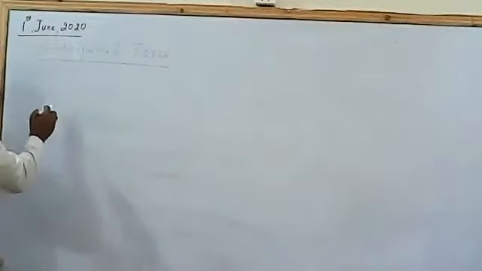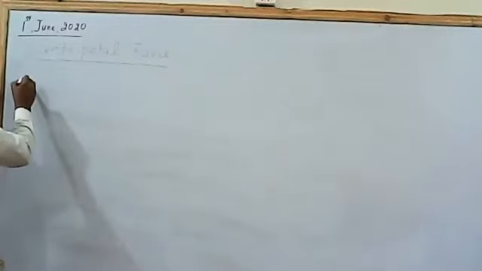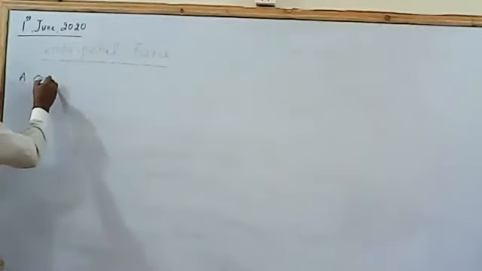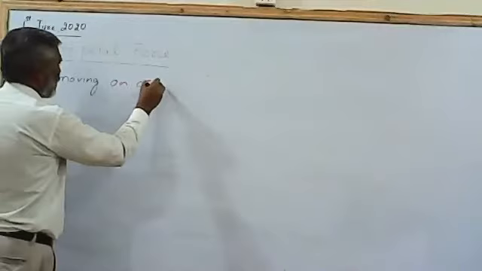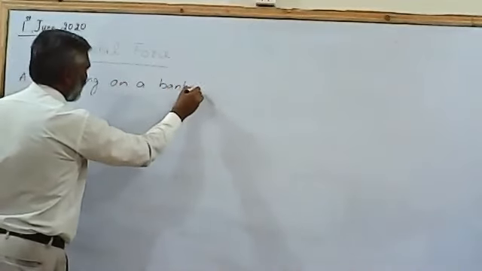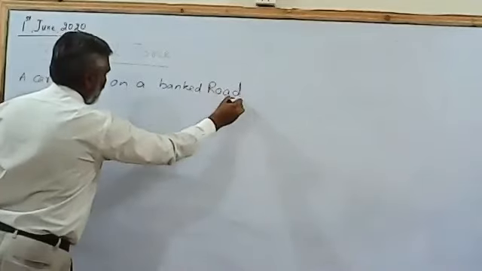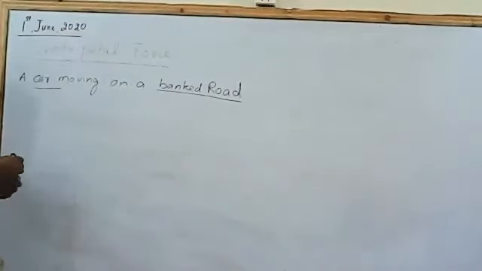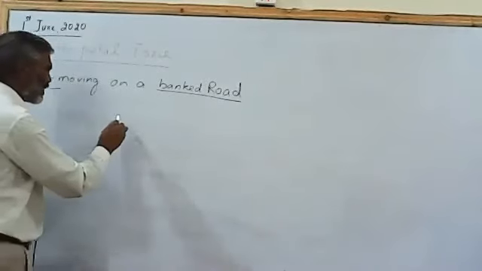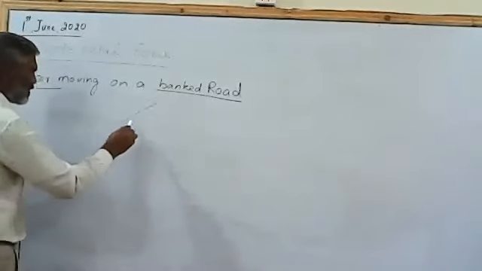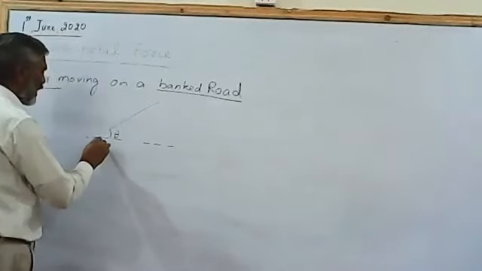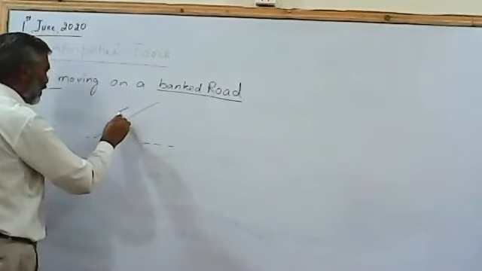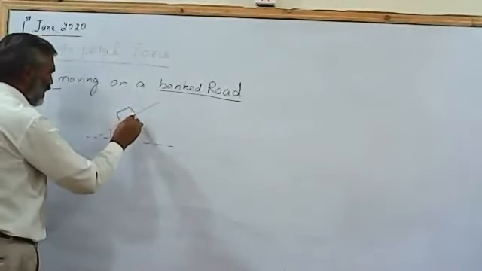Another situation is a car moving on a banked road. A car, like any racing car, usually racing cars are moving on banked roads. For example, this is the angle that the road is making with the horizontal, and the car is going away from us. As we